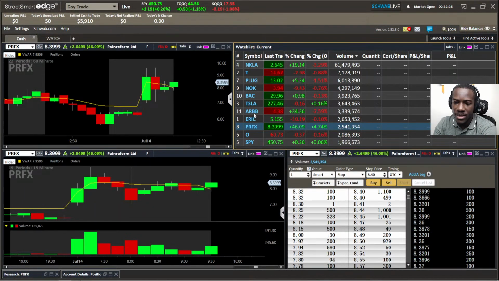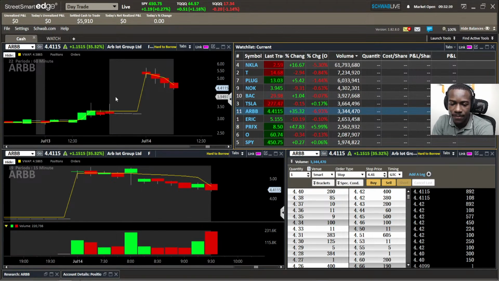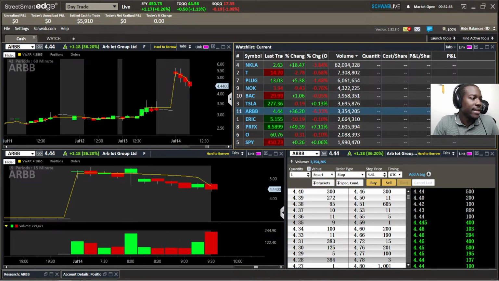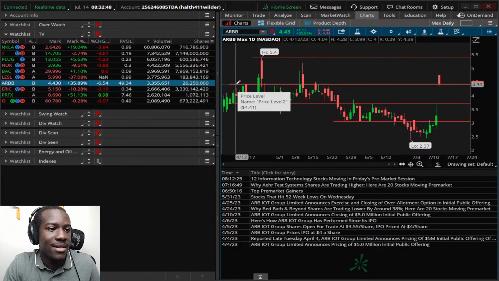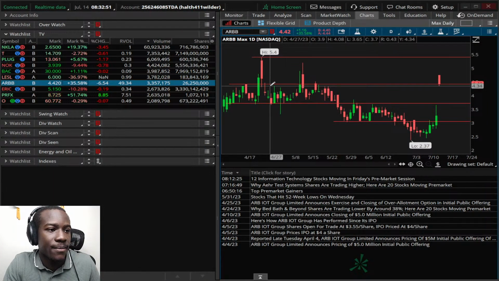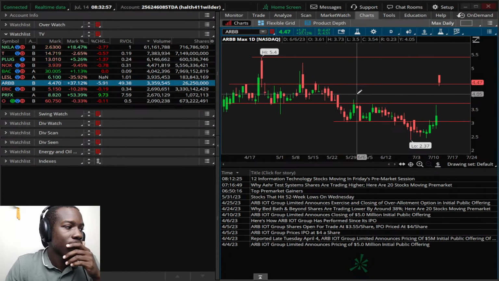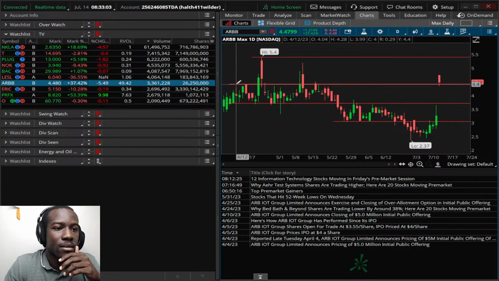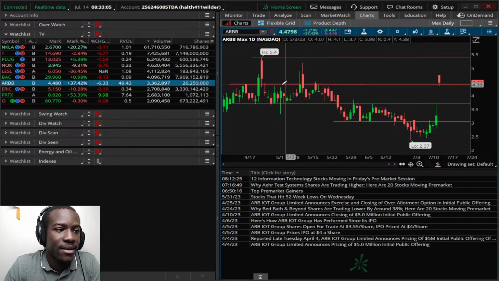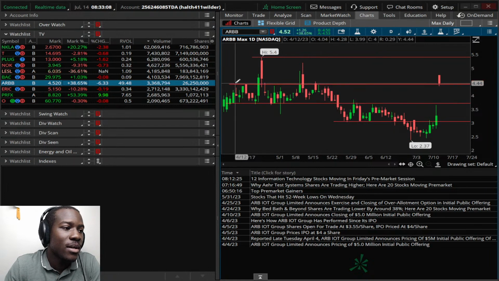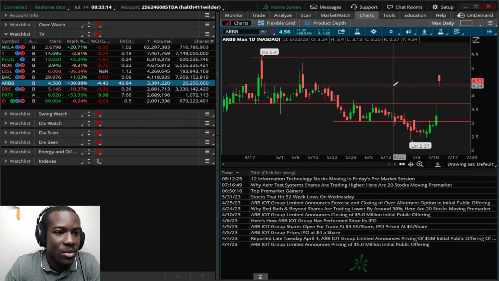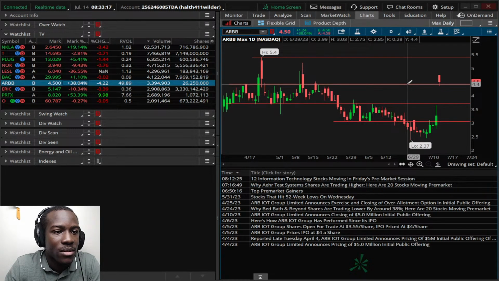PRFX just doesn't have any reason to go up, but ARBB is holding these levels here, 440s. Looking at the daily chart, where can it come down to? We see it testing this beginning consolidation here on the daily chart. So 440, getting a test there at that level we put out. Whenever you have consolidation like this, I like to see some testing of this consolidation. Now, this testing was pretty quick down here to the 434s. It's kind of jumping around.